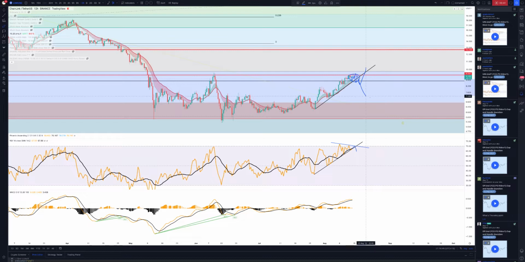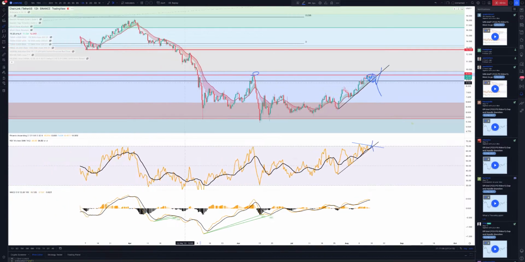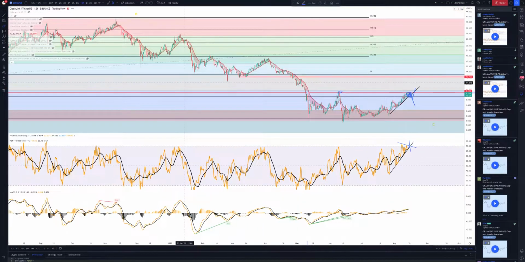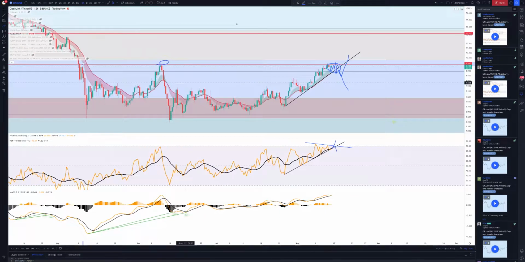Or we get a good rejection from Bitcoin, and then I don't think that's going to happen at the moment. I do think this might just go up a bit more. Very deceptive. I'm not sure, but that will require a nice strong candle and breakthrough. So that is definitely a rejection area. We've got a few in that candle there, and so pretty much aligned with the lines I've shown before.